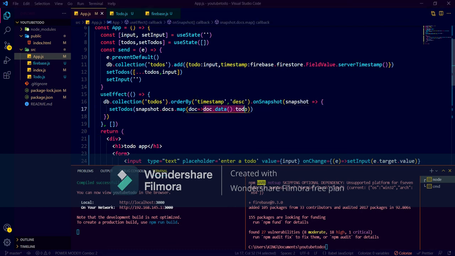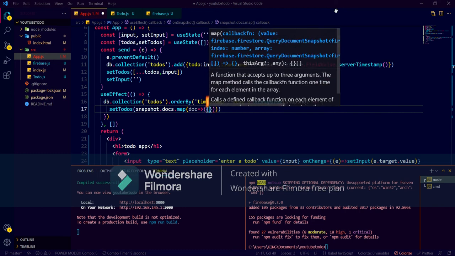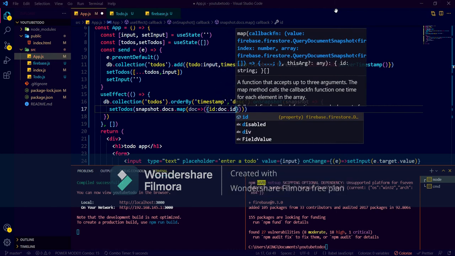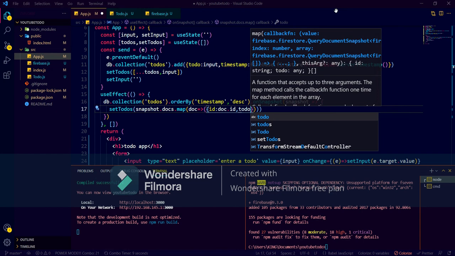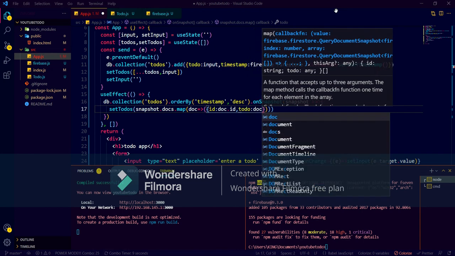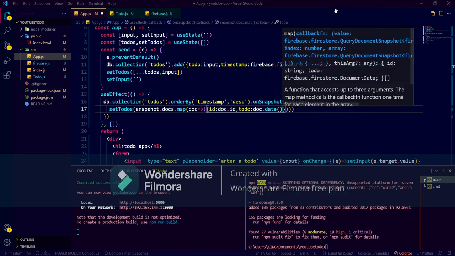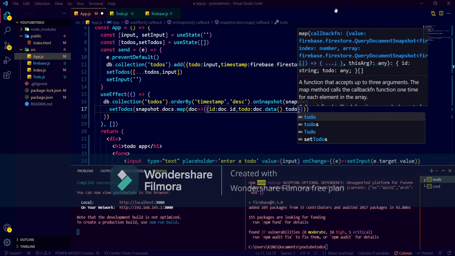First let me delete this thing, and here we will open a curly bracket and write id: doc.id, and again todo: doc.data().todo.